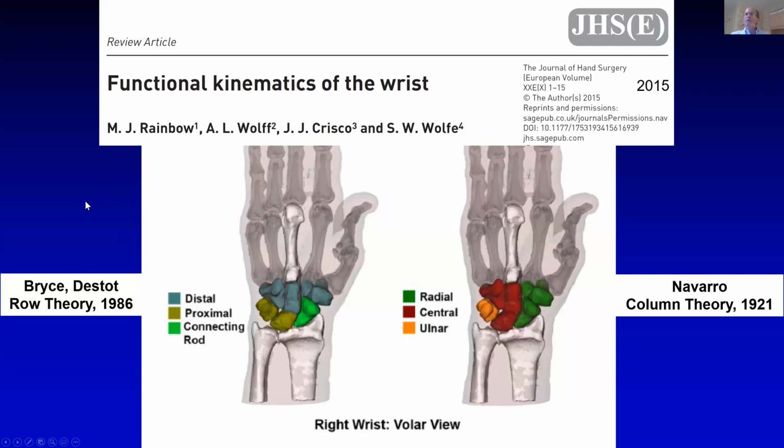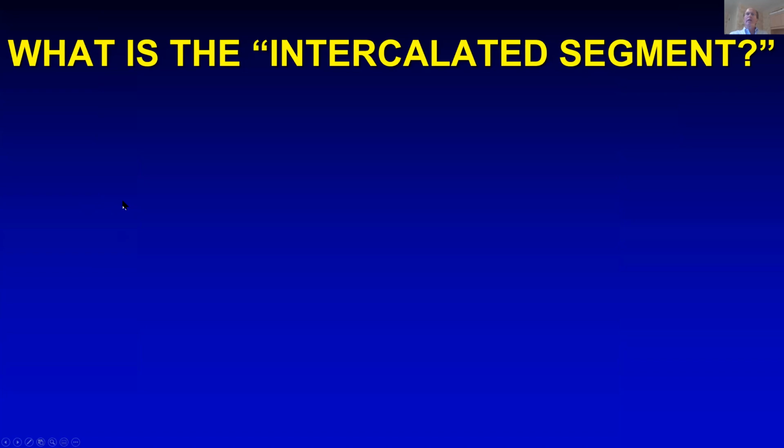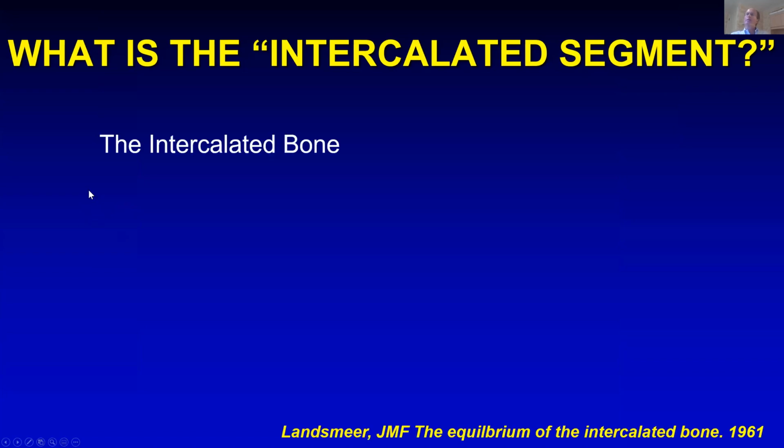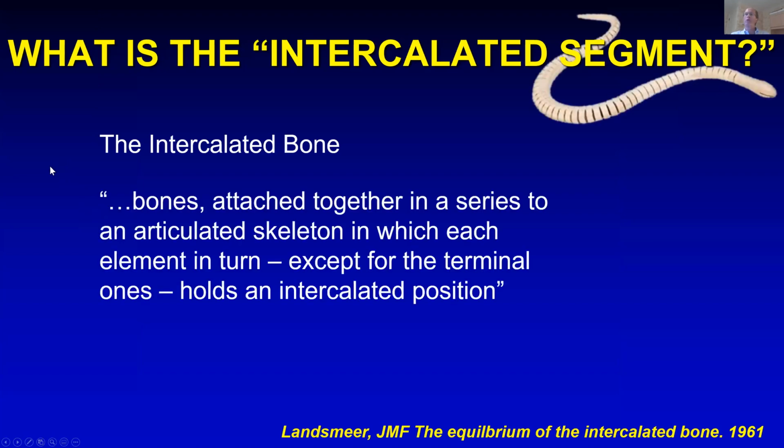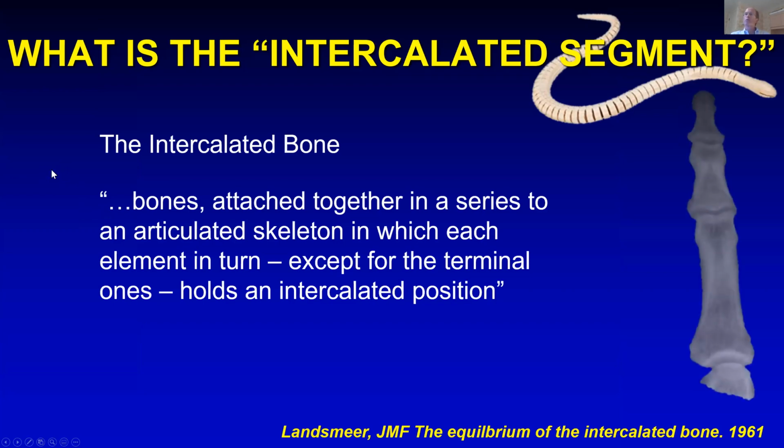So what is this thing we call the intercalated segment? Landsmeer's eloquent 1961 paper furthered the idea of inherently unstable link by describing the intercalated bone as one whose motions are entirely governed by its neighboring segments, like the segments of the wooden snake he used to play with. His work was illustrated by the stacked phalanges of our digits and can equally well be visualized in the central